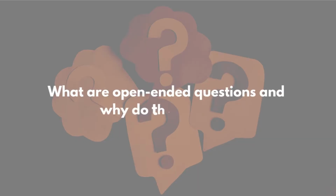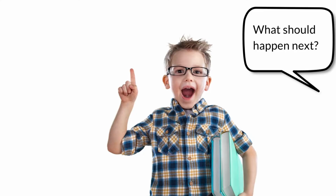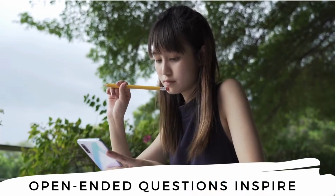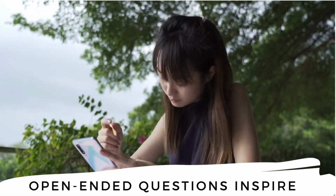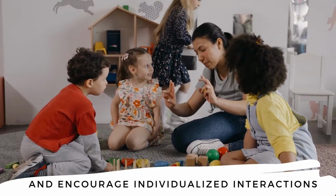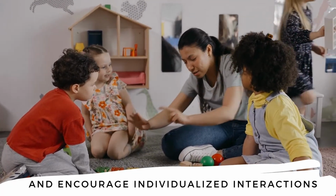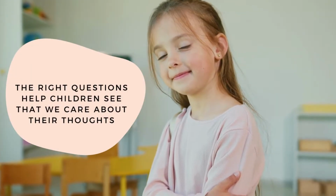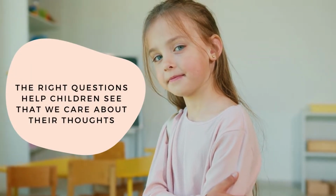What are open-ended questions and why do they matter? Open-ended questions inspire children to use their imagination and critical thinking skills. These types of questions require the responder to think deeply about something in a way they otherwise might not. Open-ended questions offer the opportunity to have rich, individualized discussions that allow us to understand what children know, think, feel, or believe. This not only stimulates thoughts, this shows children that we care about their thoughts, and it helps children